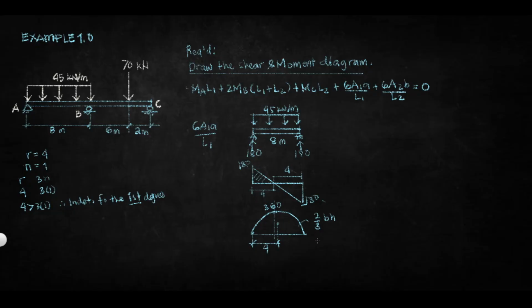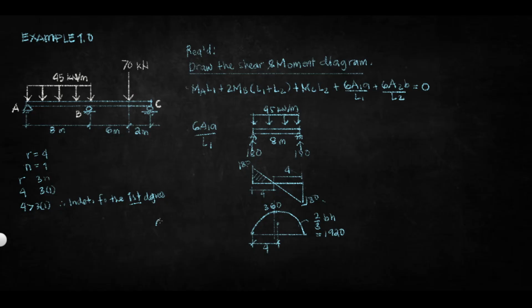So, ang base po natin dito is 4 times 2, 8 po. Yan natin base. So, 2/3 base 8 times height. Anong height niya? 360. So, we have 1920. Okay, so using this formula,